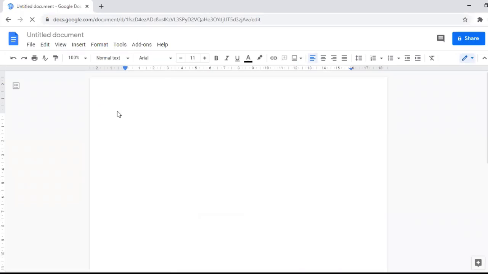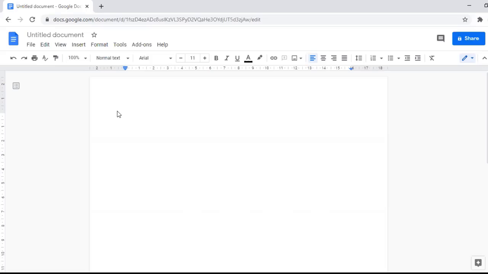You can see it is a view of the Google document page, or the document screen. This is how the document looks. You can see the clear view of the Google documents. So let's get into the topic.